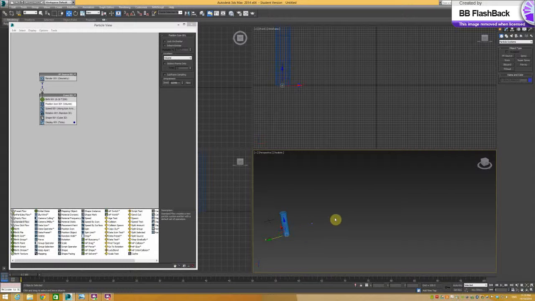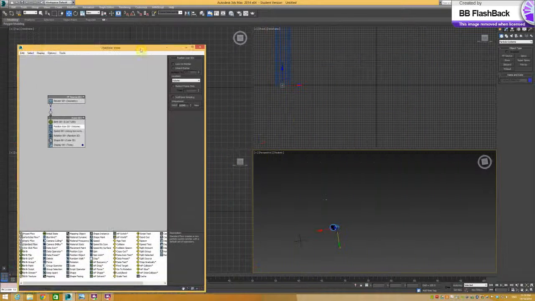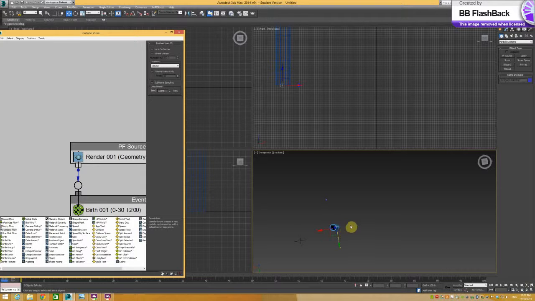So now if we look in that, you can see it's kind of inside the tube. And we can see that here as well. So anyway,